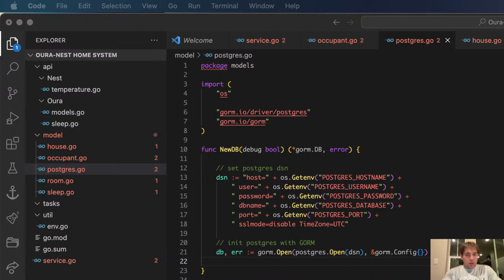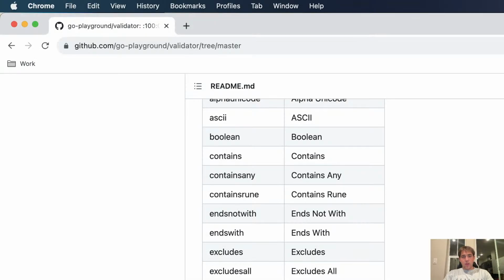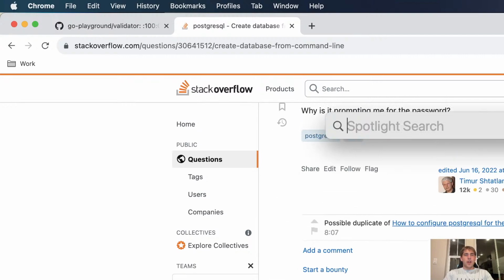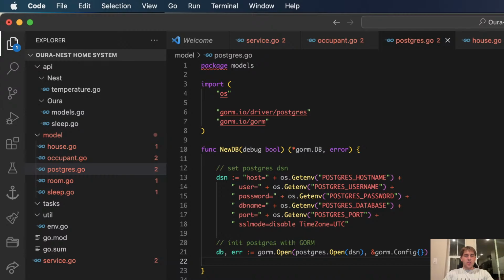I'm searching on my other screen. You can't see all of it. I just want to create DB, or is it create database? Do I want to create user first?